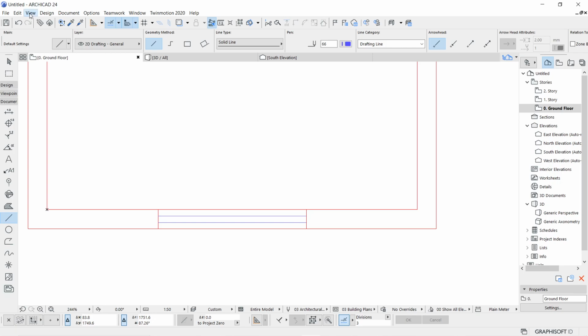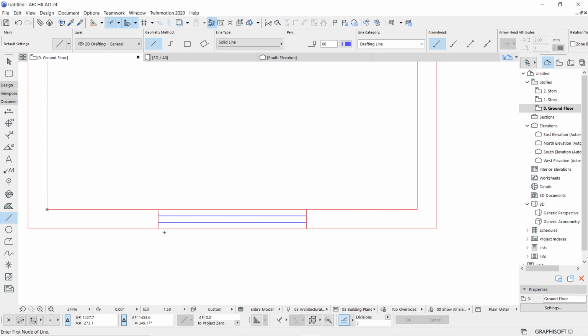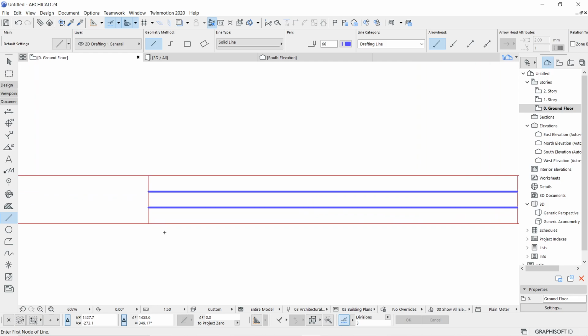You just go inside the View pull down menu, View, On-Screen View Options, and you can check there are several options written. Out of that, there is a True Line Weight option which is inactive right now, because something highlighted with the blue background is supposed to be active, otherwise it is inactive. So let's activate this, and you will see some change on your screen, that your blue lines are looking thicker compared to these red lines.